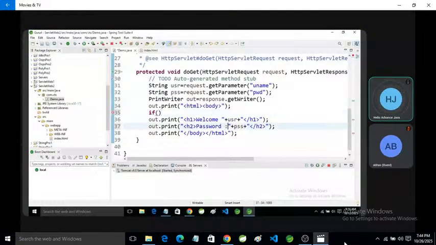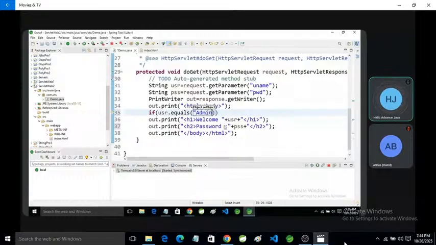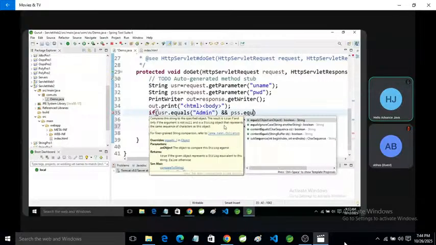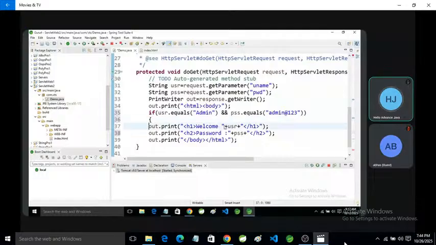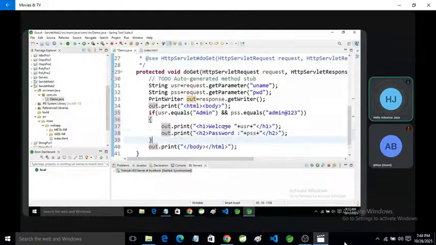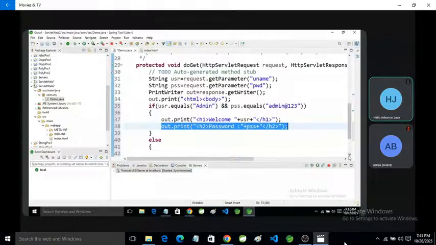So here, if you want to validate it, for usr.equals, suppose here we want to check admin and pss.equals admin@123. If the condition is true, then we can also perform the validation.